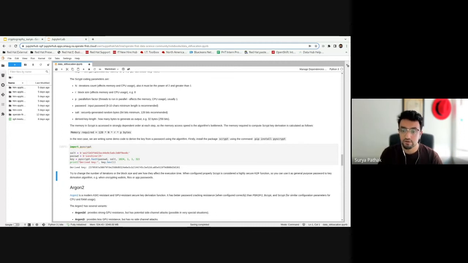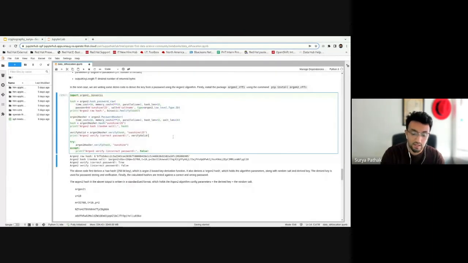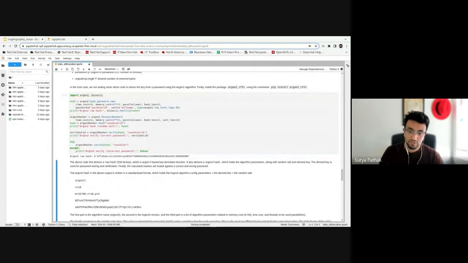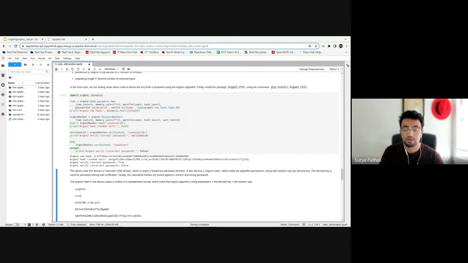Now, one of the best algorithms so far is Argon2, which is a modern ASIC-resistant, I think ASIC means application-specific integrated circuit, and GPU-resistant secure key derivation function. It has password cracking resistance. It has different variants as well. What it does is it creates a password hash. In addition to that, it also creates an Argon2 hash with a random salt. That means it creates the hash value of the password, and it also creates the hash value of that password hasher, which means